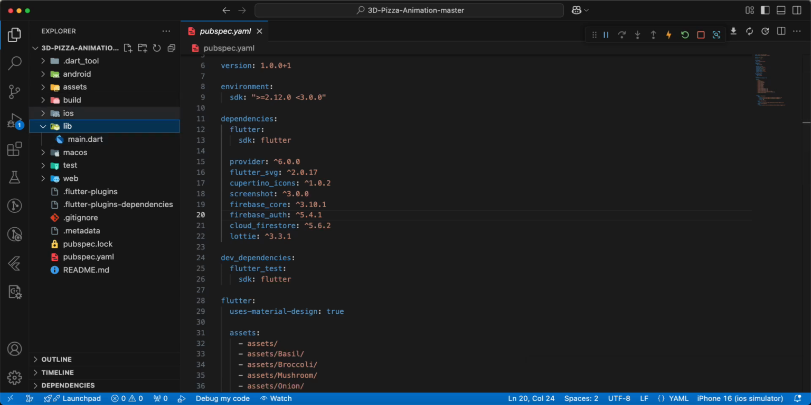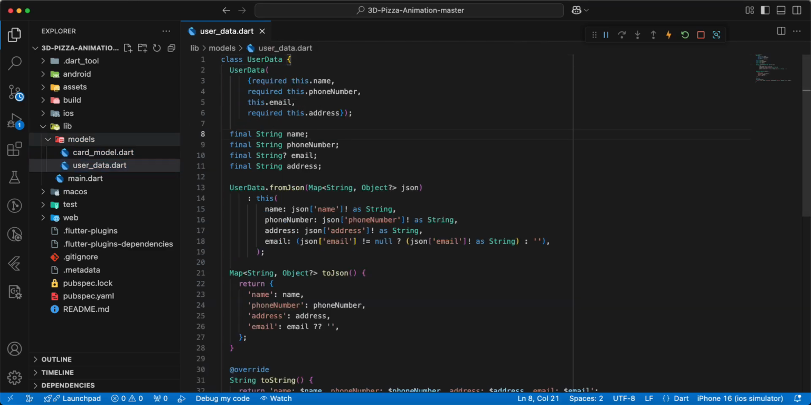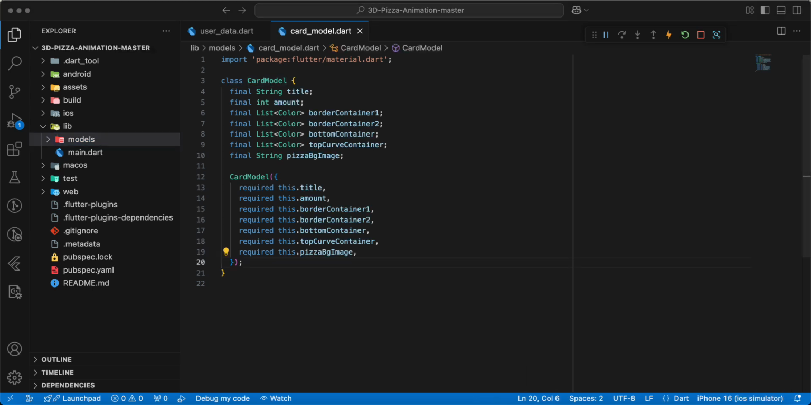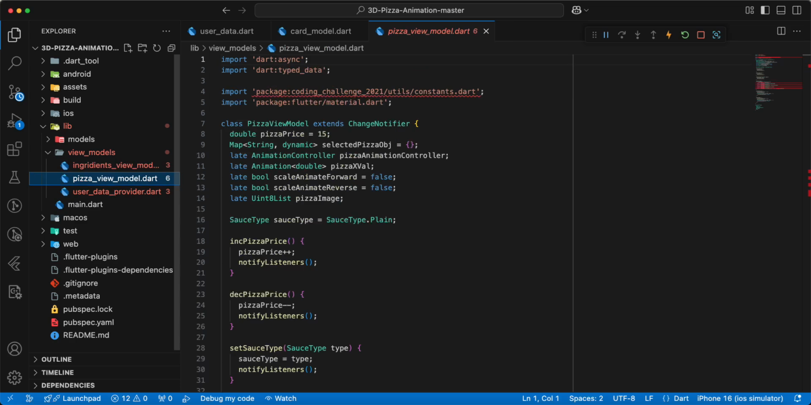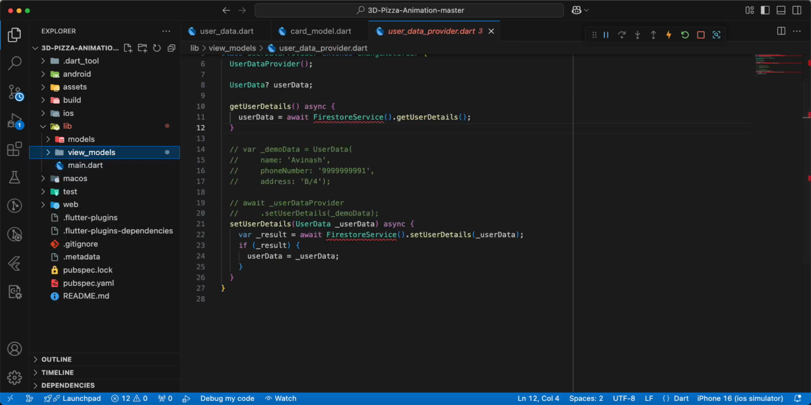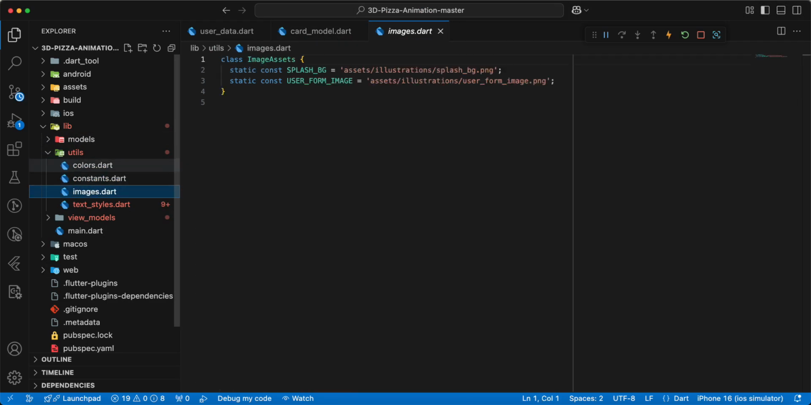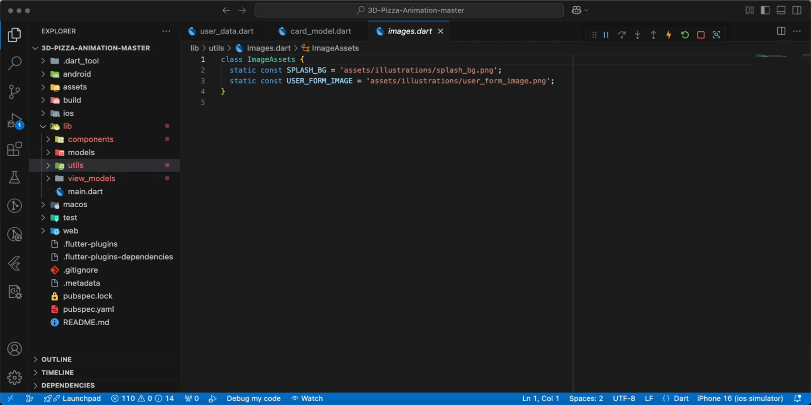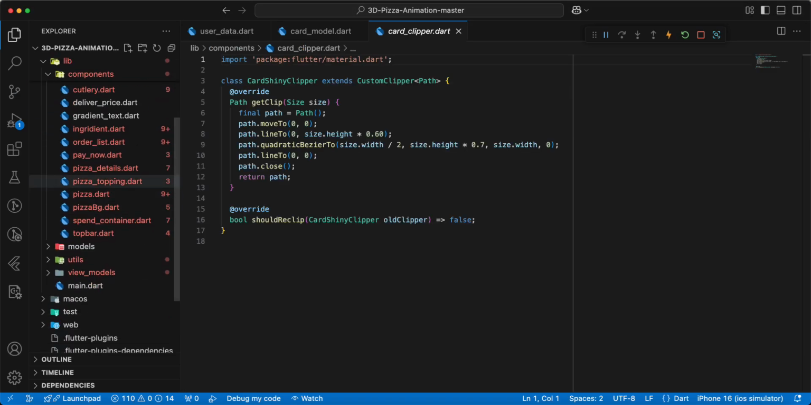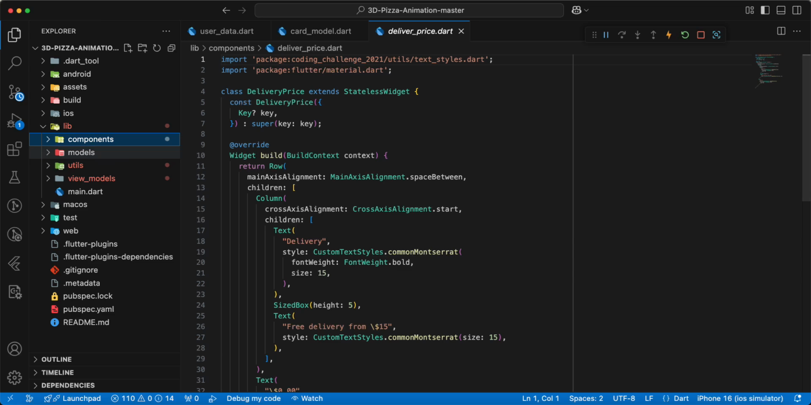Now we add folder models, add files, then we add view models, then we add folder utils, then we add folder components, next we add services,